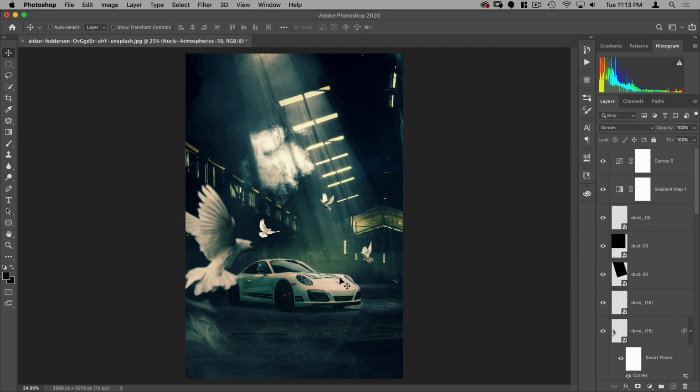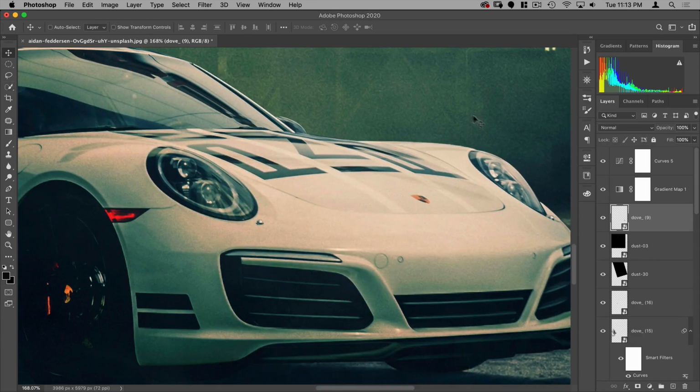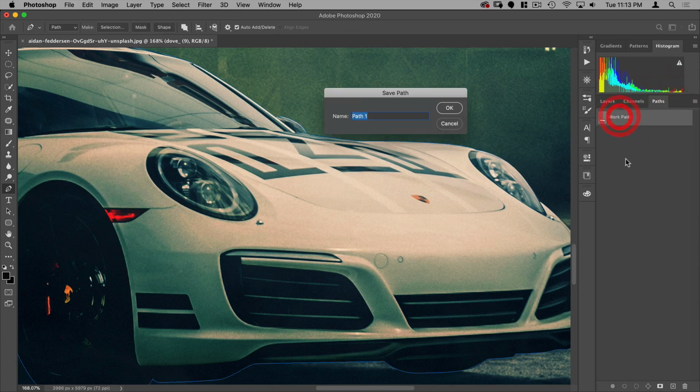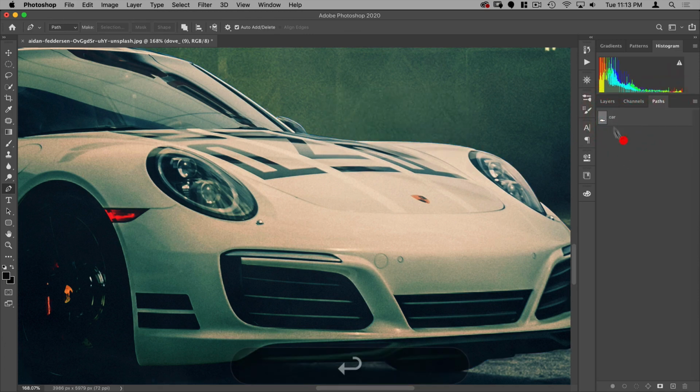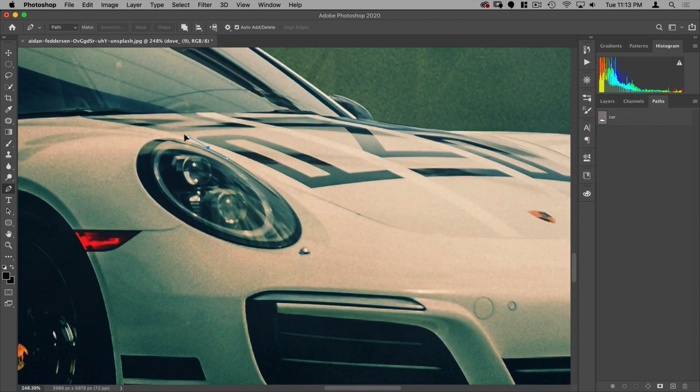The one other thing I want to do is just add some nice lights to the headlights here. So to do that, let's go to our pen tool, which is P. And because I made an intricate selection of this, I'm going to go ahead and save that as car before I start making a new path. And the new path, I'm just going to select around these lights.